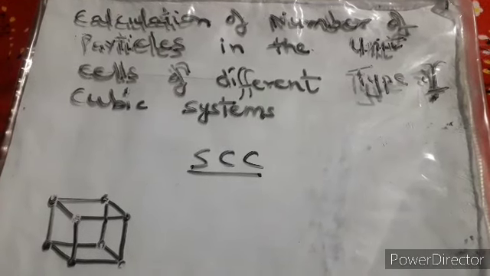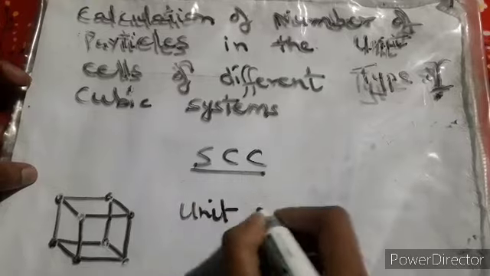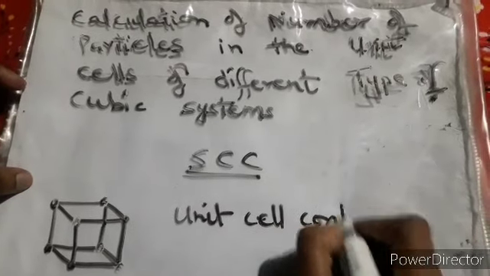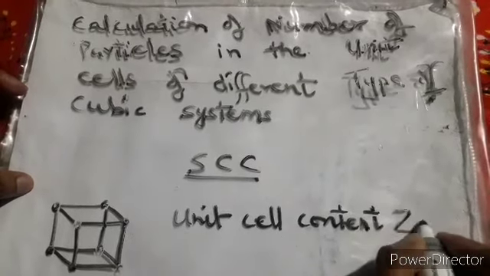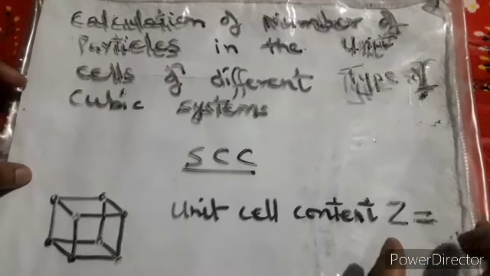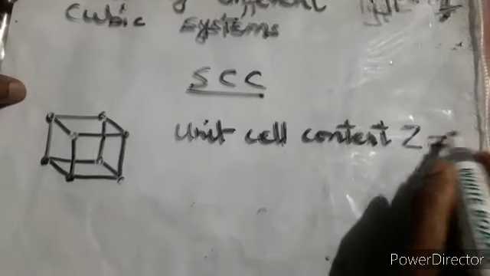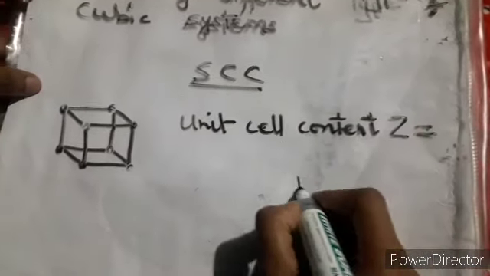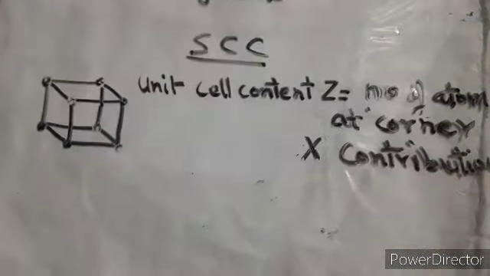So there is a formula that has been given to us, and that formula is unit cell content, which is always represented by Z, equals to... my page is small, so please make sure it comes in the full line. So after the equals sign you have to write down the number of atoms. I'm writing it over here so that it would be easy. Now this is the formula.